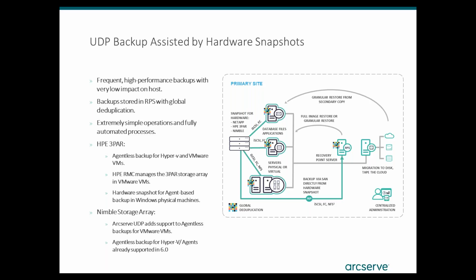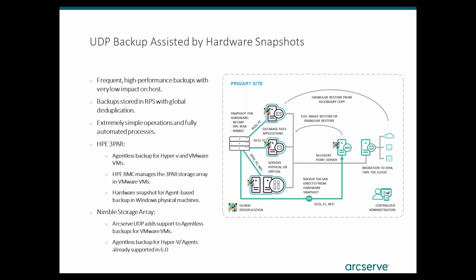So some prerequisites, of course, are going to be required. For each VMware environment, you need to identify the disks that the local storage is on, and as far as Nimble and HP 3PAR are concerned, you can trigger the hardware snapshots right then from the UDP console, in a repeatable fashion. You can take those backups that are located on different storage, and then they are using our software snapshot capabilities, using, in the HP 3PAR, the RMC, the remote management console, to handle those particular snapshots and create a very efficient way to leverage the hardware in the environment. And of course, you can then still take